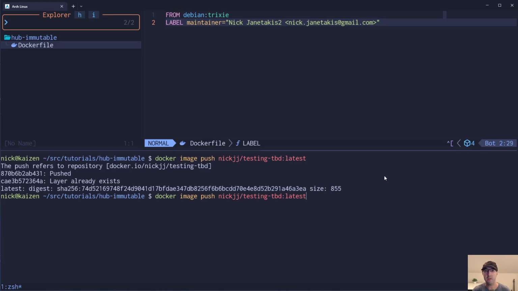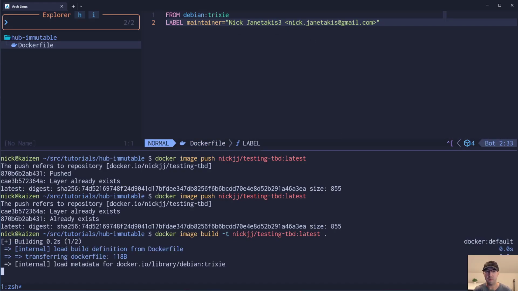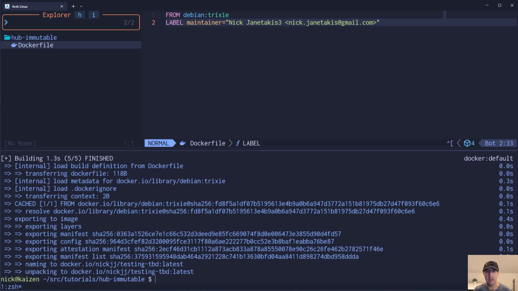Because right now the image did not change. We didn't build a new image. We didn't change any contents. But will it get blocked here, even if we're trying to push the same exact image? No. Okay, that's fine. So let's go and just revert. Well, actually, let's make a 3 or something. Then we will build this image here, a latest tag version of this one. And then we will push it